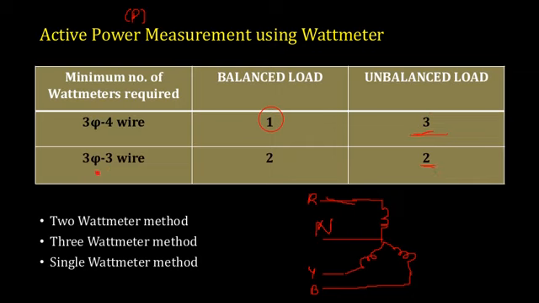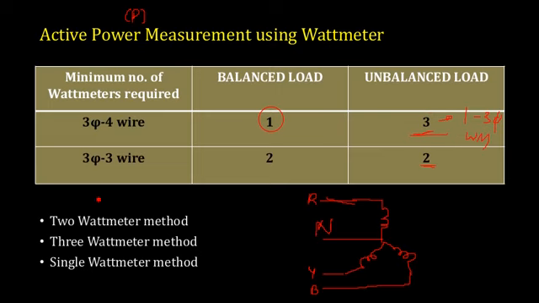So to generalize, if it is a three-phase 3-wire system, you should at least have 2 wattmeters, irrespective of whether you have a balanced or unbalanced load. But if it is a three-phase 4-wire system, you can measure the total power consumed by the circuit with a single wattmeter if it is a balanced load. If it is an unbalanced load, you should at least have 3 single-phase wattmeters or a single three-phase wattmeter. All the numbers mentioned here are single-phase wattmeters. Instead of 3 single-phase wattmeters, you can also measure this using one three-phase wattmeter. That also can be done.